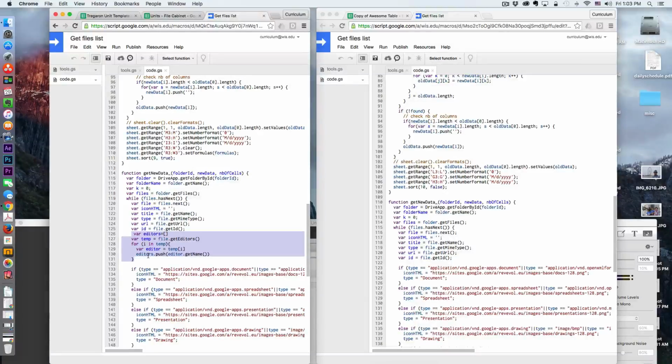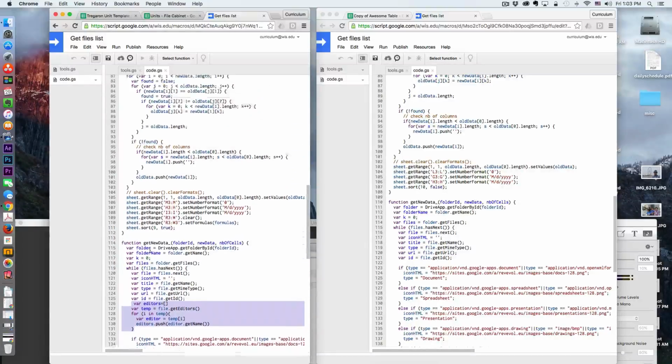And it's great because you don't have to manually manage this. This is just done by the script. So you do that. It's going to tell the Google Sheet to populate the editors column that we established up here